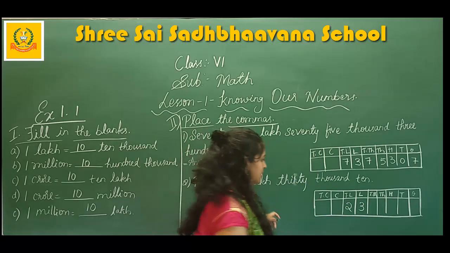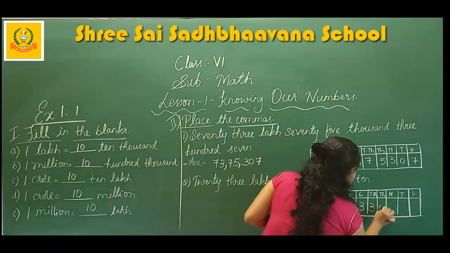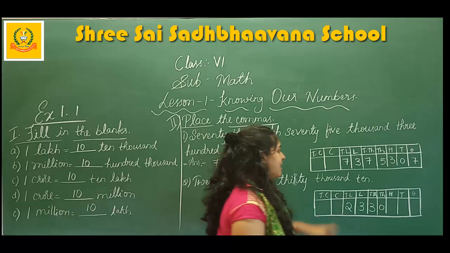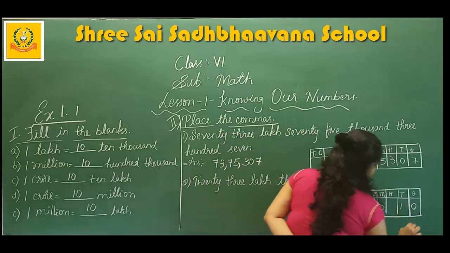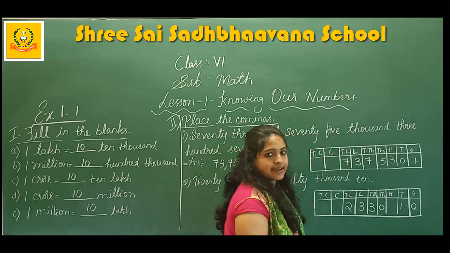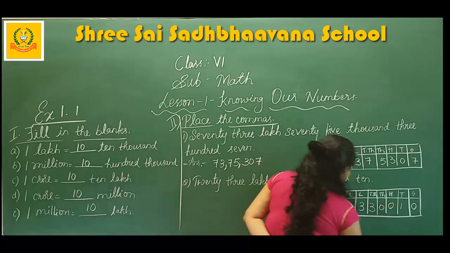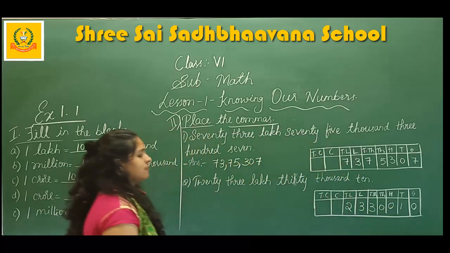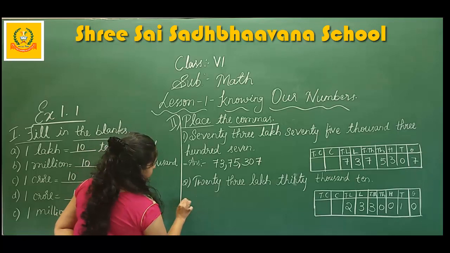30,000. 30,000 and 10 is given. Only 10. That means what will come under the hundreds place? 0 will come. In hundreds place, 0 will come. So the numeral is